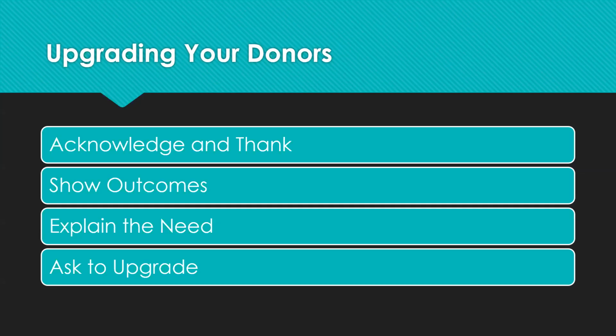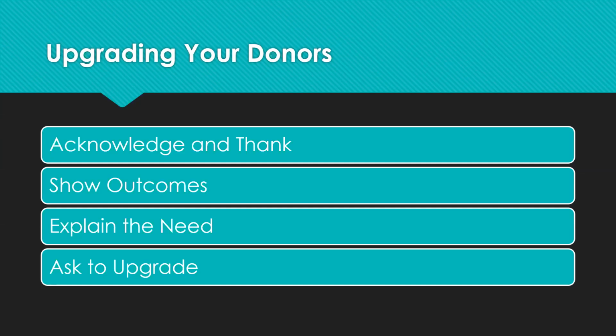And step number four is to ask your donor to upgrade. Follow that six-step ask conversation. Make your ask concrete. Make it specific and ask for an actual amount. Don't make a statement like, well, we could really use more support. Don't ask for a wishy-washy amount. Don't ask for as much more as you can give. That's not an effective way to upgrade. Instead, ask the donor, would you be willing to give $50,000 over the next 2 years to help us achieve this goal?